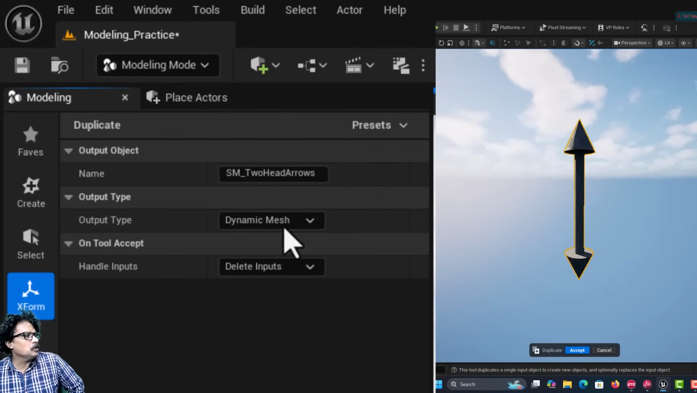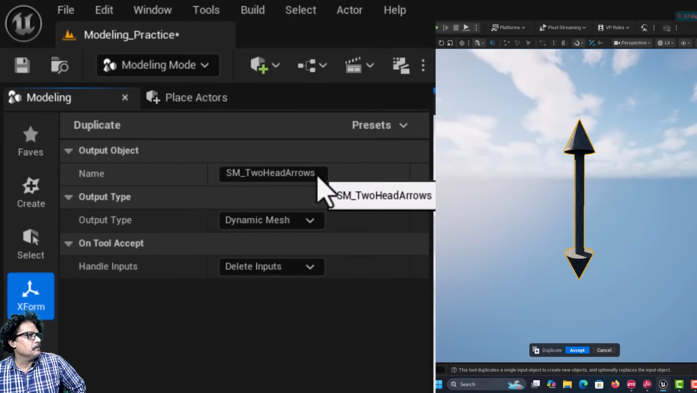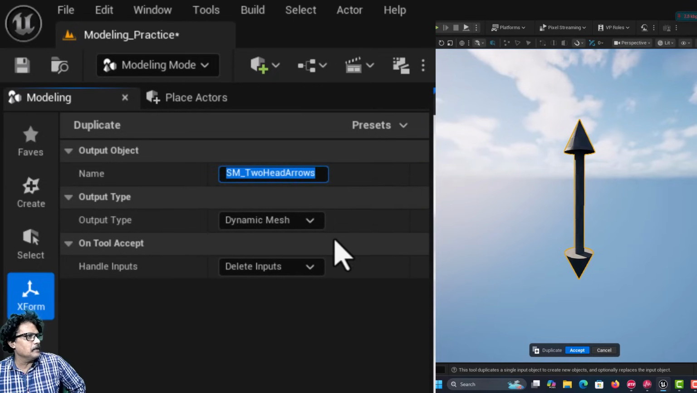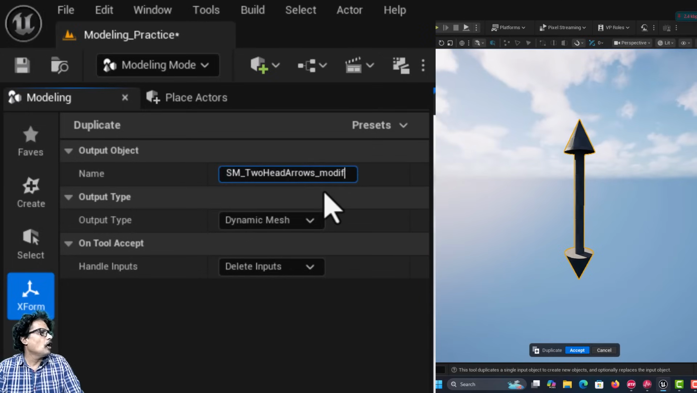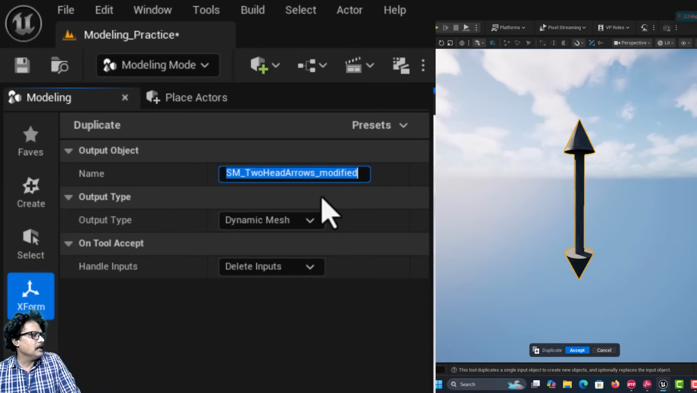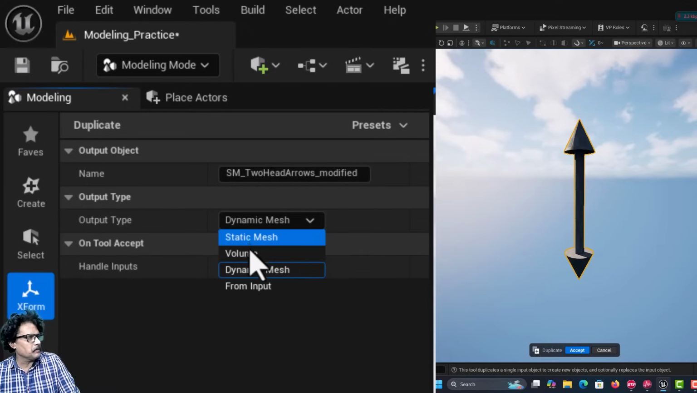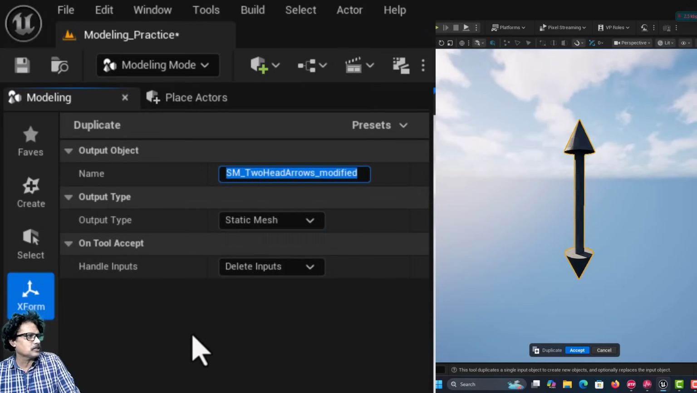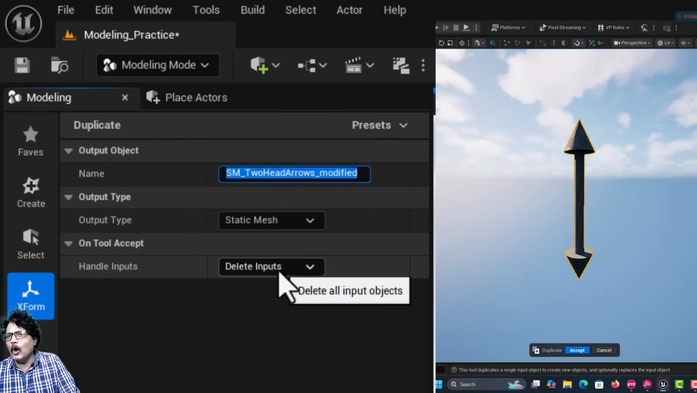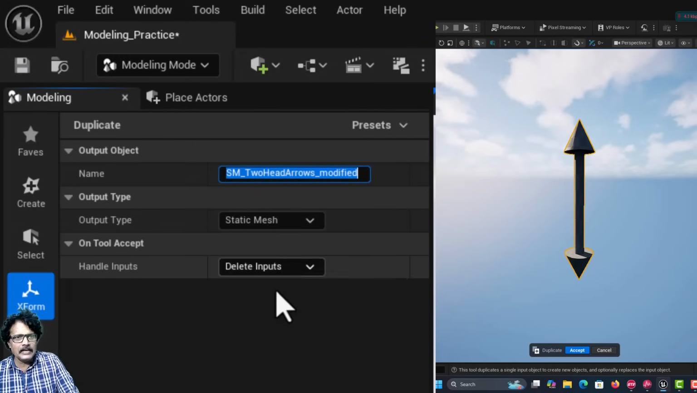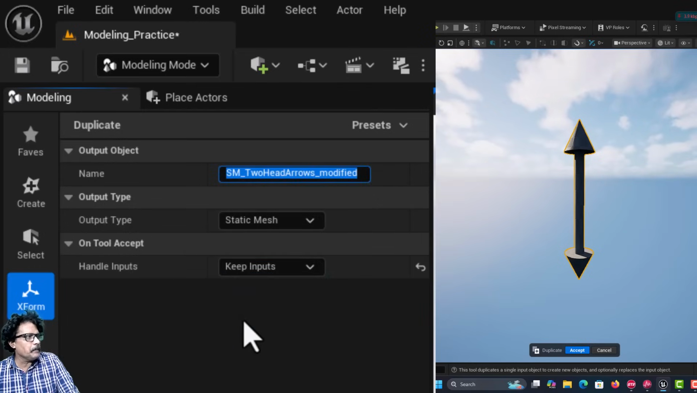Now, when I click on duplicate, the first thing is I have to give it a name, and I am going to name this SM_2 head arrows_modified. So, I created a copy, and the output type, whether you want it dynamic mesh or static mesh, I can set it. Say I will set it to static mesh only, and after duplicating, what should happen to the original? If you choose delete input, the original will be deleted, but I will choose the option here keep input, and